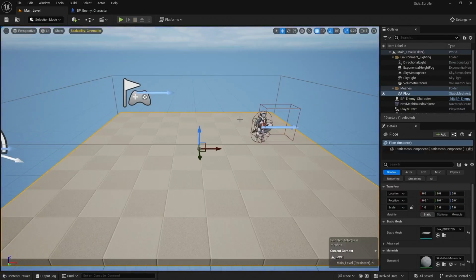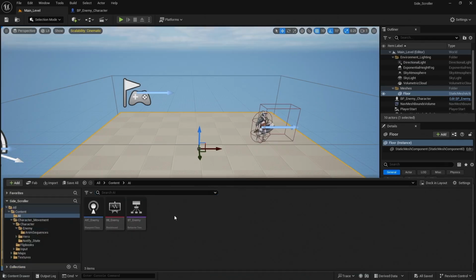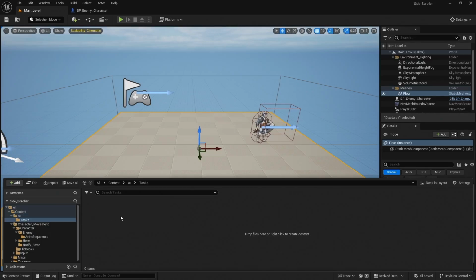So what we want to do now is we want to be able to add the character to actually do some damage to us. So to do that, let's go into our content drawer. I'm gonna right click, create a new folder and call it tasks. Okay. Open tasks, and then we're gonna create a new blueprint